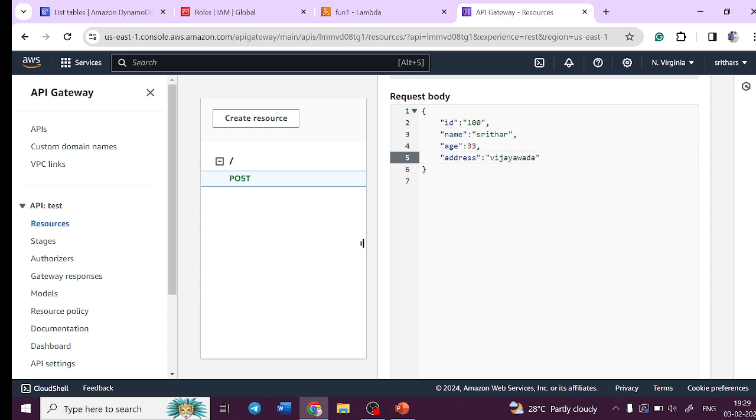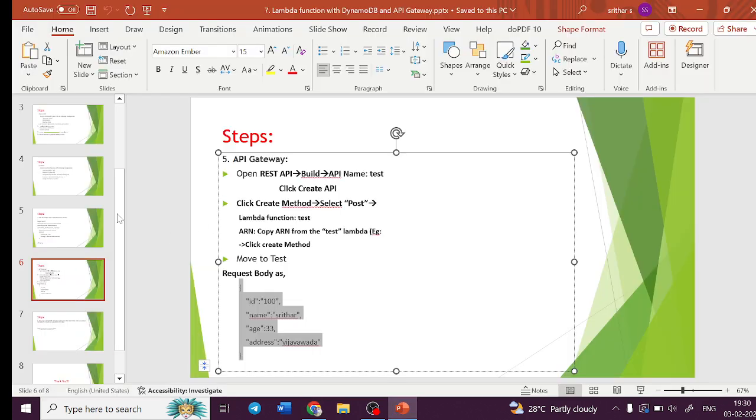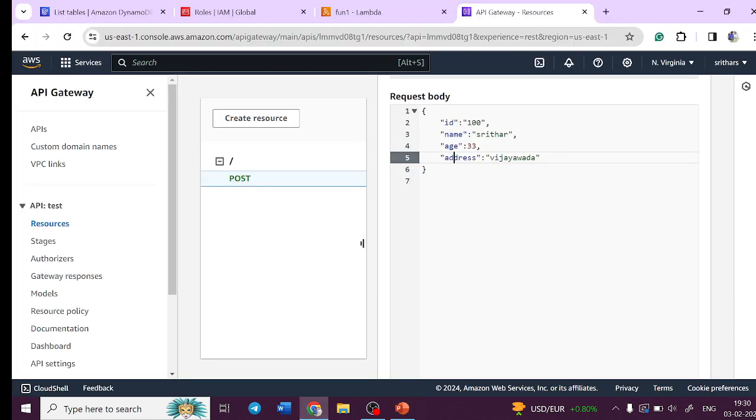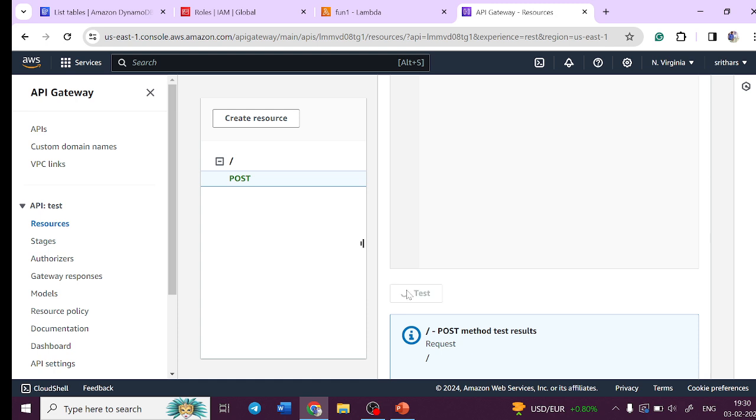I'll tell you what will happen. As per this flow, we haven't created the client. Instead of a client, in the API Gateway test dashboard itself, there is an option to provide the data. So now it will call the API Gateway, API Gateway will call the Lambda function, and the Lambda function will push the event, that is the data, to DynamoDB. Let's see. If I try to test,